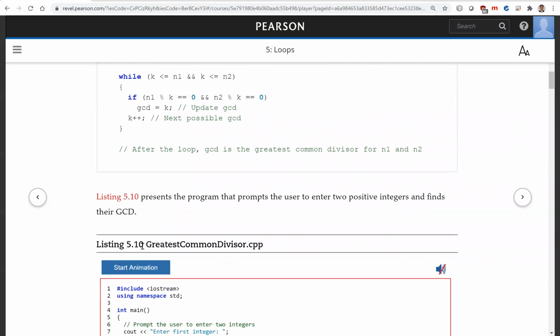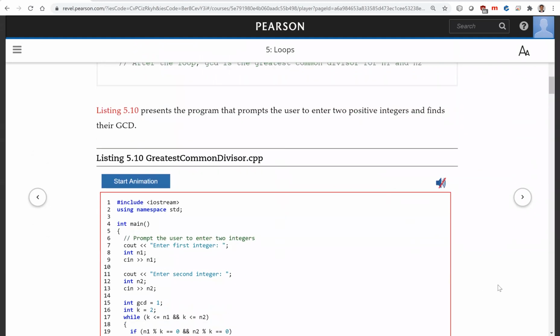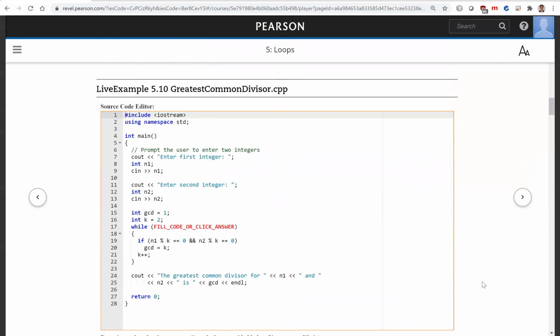So we're going to implement this program and write the code as follows. Prompt the user for the input N1 and N2. And so this is GCD is 1 and K is 2. So right here, it's N1 remainder K is equal to 0. And N2 remainder K is equal to 0. If this is true,